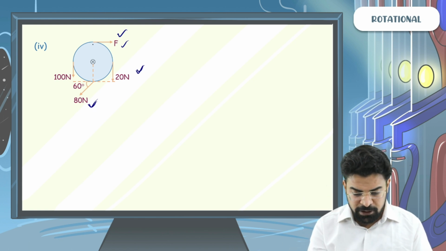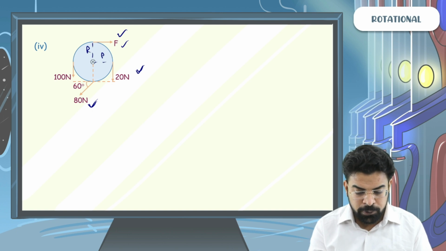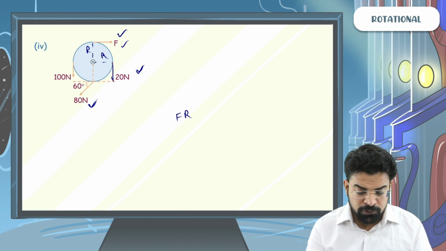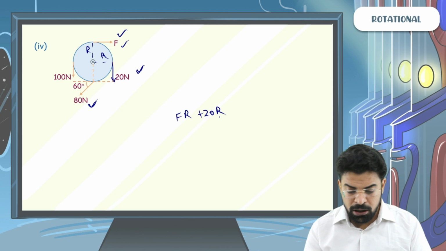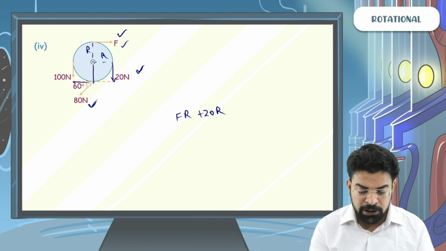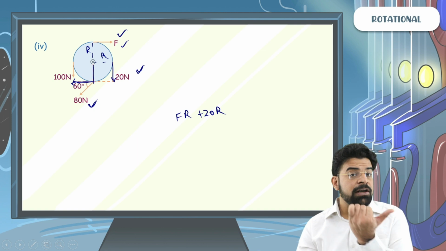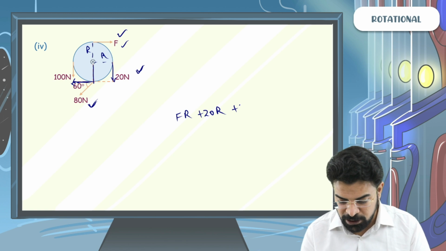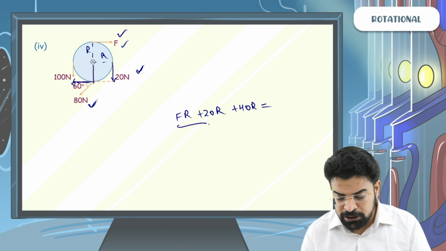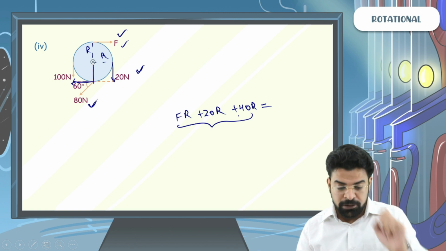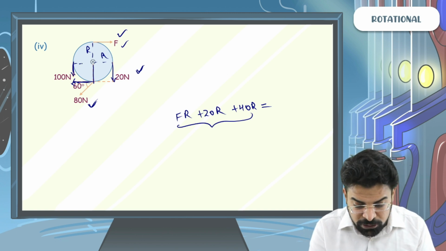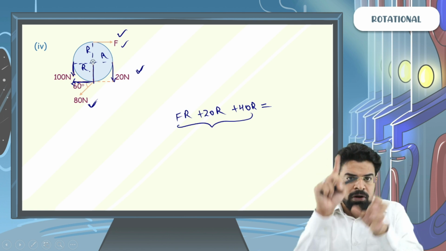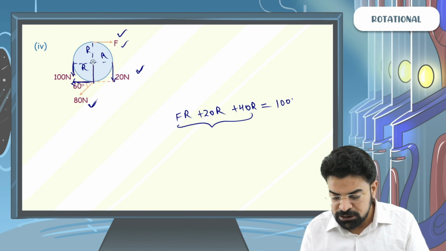So we will say the clockwise torque is because of these three forces, F, 20 and 80's component. If we take the radius of the disc to be R, the torque of this force F will be FR. The torque of the force of 20 Newton will be 20R. The torque of the component of 80 Newton in the tangential direction is 80 cos 60. Cos 60 is half, so we get 40 Newton. So that becomes 40R. All these three are clockwise torques. They support each other. While this 100 Newton also acts at distance R, and its torque will be 100R, because the length and the force are perpendicular. They balance out the sum of these clockwise torques.